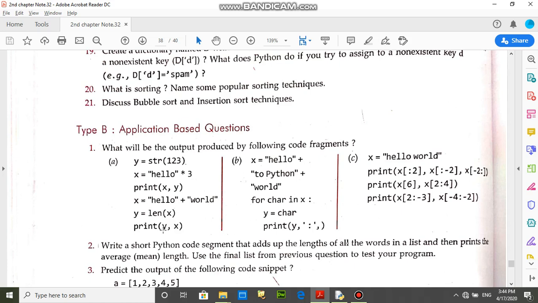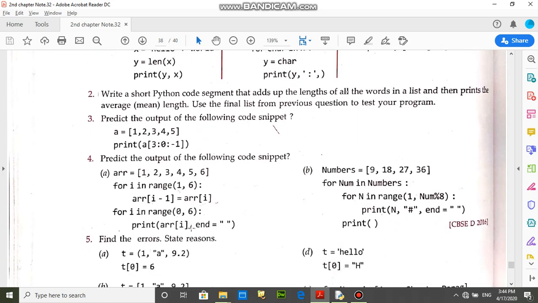So here the value of y is the total number of characters in y, and then the value of x.